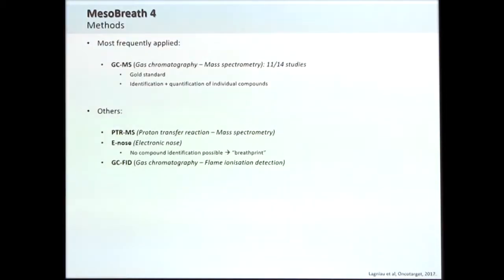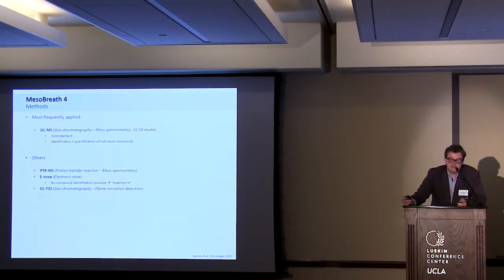As previously mentioned, gas chromatography and mass spectrometry is the most frequently used one, because this allows the identification and quantification of the compounds in breath, which is really necessary, but it's really, really costly to do so. Others try to differentiate using other techniques, of which the electronic nose was also a lot used, and this is the one only used on the mesothelioma cell lines. So out of the cell line that was used, we could not get any compounds because they used sensor technology. So we don't know what discriminated this group from our other groups.